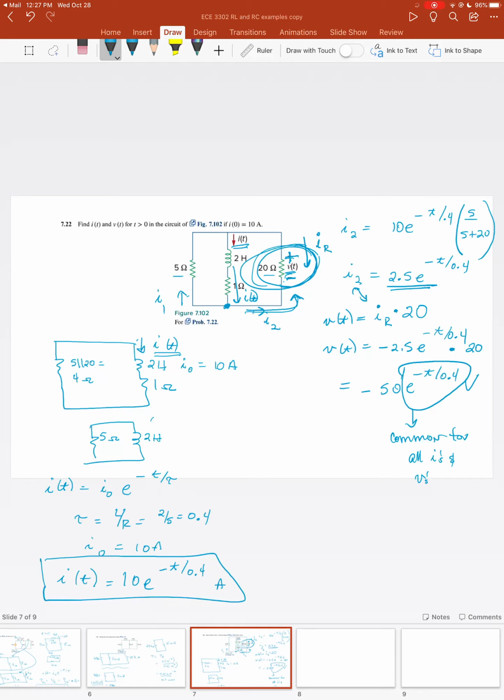So that natural response of the circuit will be common to every current and voltage in the circuit. The time constant will always be the same. The only thing that's going to change is going to be the magnitude of your current or voltage based on what you're solving for. So that concludes the example problems that I wanted